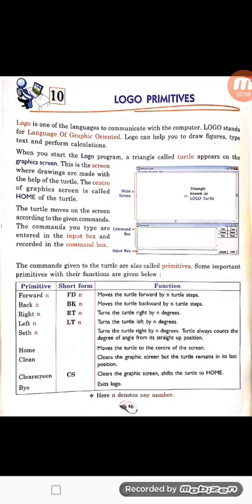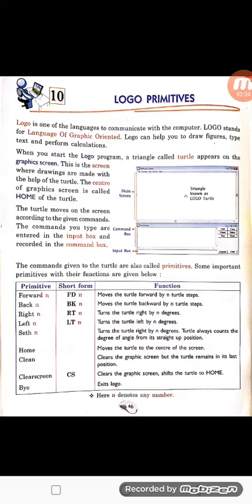For moving our turtle to the right we use RT. For moving the turtle to the left side by n degrees we use LT as the short form. We input the short form in the command with n. N can be any number.